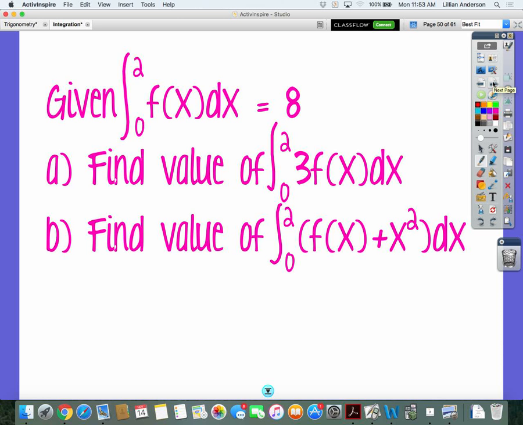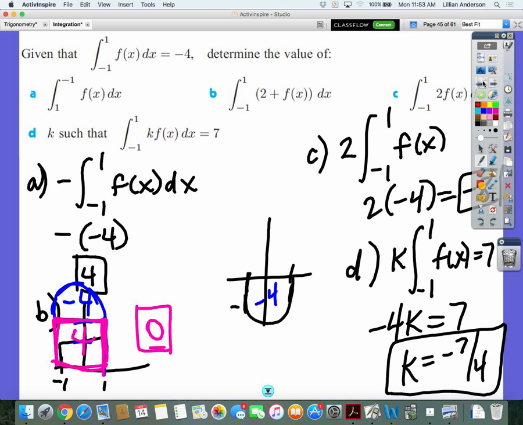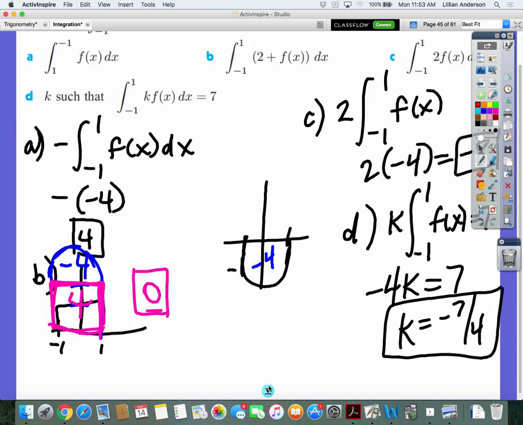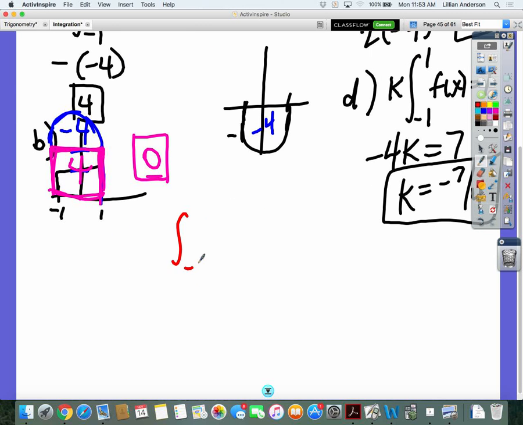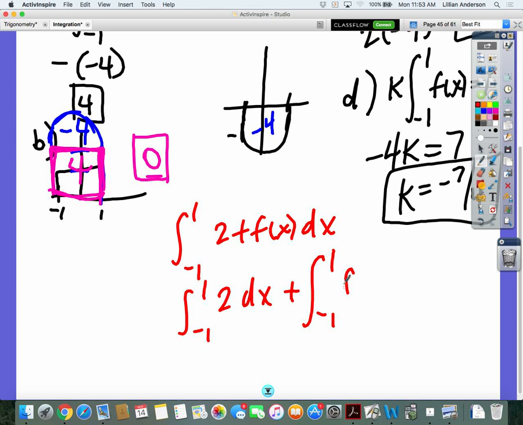Actually, before we do this one, I want to revisit the BC minus BA, this one over here, okay? Another way you could tackle that problem, it was the integral of 2 plus f of x dx. What you could do is separate them. You could always separate them. You already know that this part here was a negative 4. So then all you have to do is take the antiderivative of 2, which is 2x, and then evaluate that